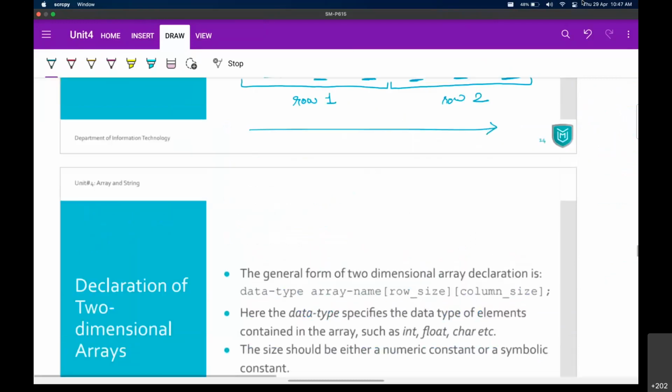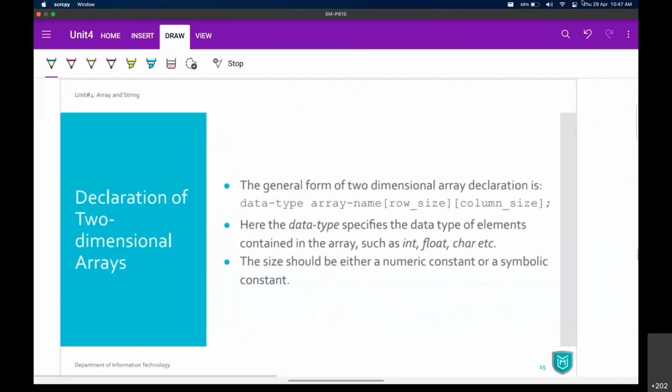So let's see how we can declare it. We have already seen how we can declare a two-dimensional array. The first one is going to be the data type. Then you need to give a variable name, an identifier. After that you need to have the row size and column size, two subscripts here.